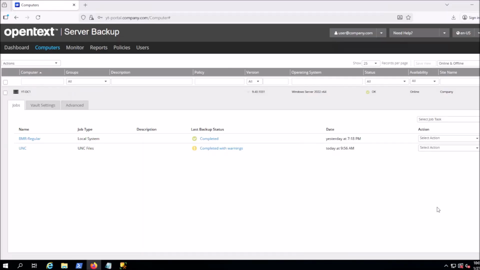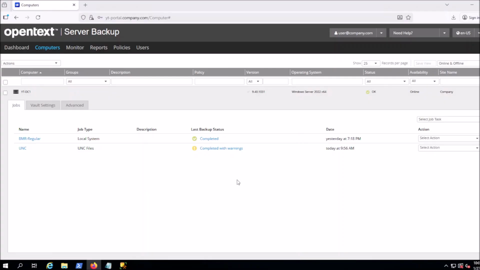All right, today we are working on a new backup that was just barely created. We ran it immediately, and it now has this status that we see here, completed with warnings. We're logged into the portal under the computers page and directly under this server in the jobs tab. And so if I just created this and I know that everything should be okay, why would it be completing